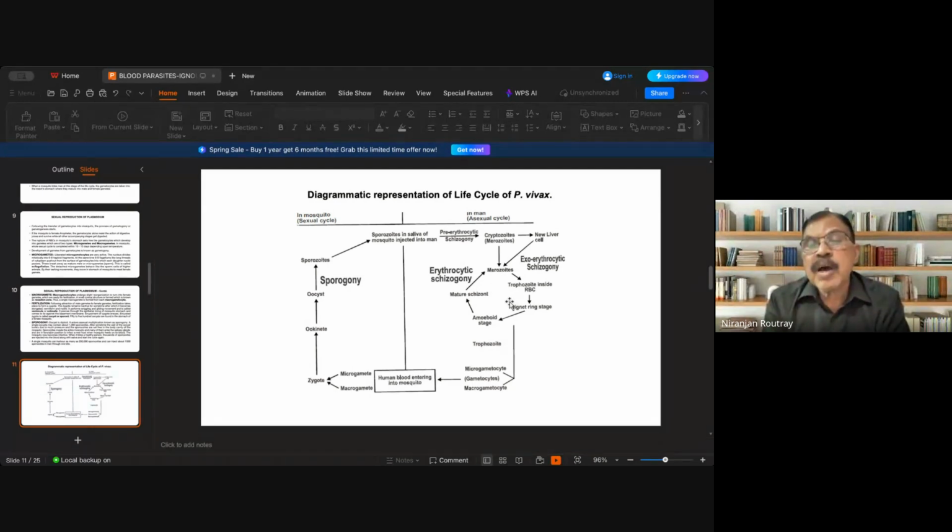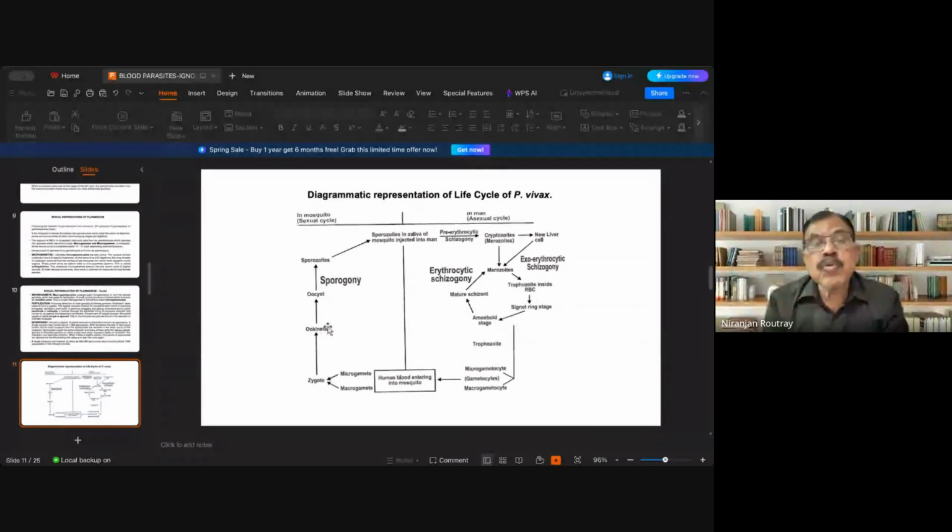But sometimes some RBC where the trophozoites are present will not develop into the second stage; rather they develop into the gametocyte. You can see here these gametocytes cannot develop in the human being; rather they wait to enter into the female anopheles insect, where they give rise to the two types of gamete, micro and macro. They fuse together to form the zygote.